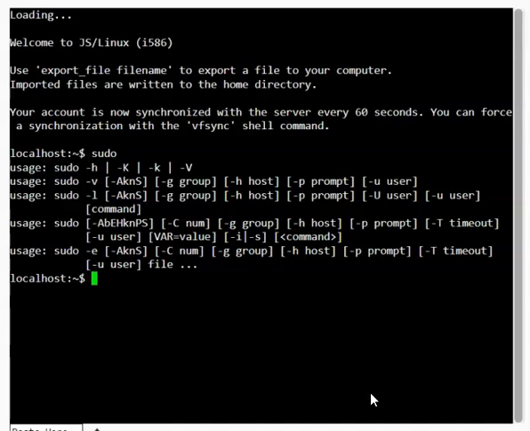Using sudo provides a safety mechanism for system administration tasks, as it enables users to perform actions that require elevated privileges without the need to log in as the root user. Now this helps in reducing the risk of accidental or malicious actions that could cause serious damage to the system. To use sudo, simply prefix the command you want to execute with sudo, something like this. So you would type in sudo command